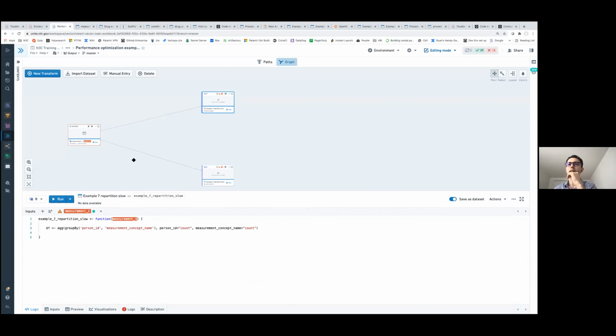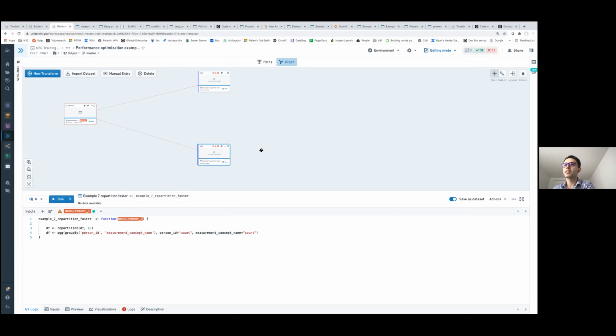So this is a simple aggregation. This is our code where we're taking the measurement table that has 200 partitions, and we're just grouping by and looking at the count of the patients. So grouping by person ID and measurement concept name, and just computing the counts.